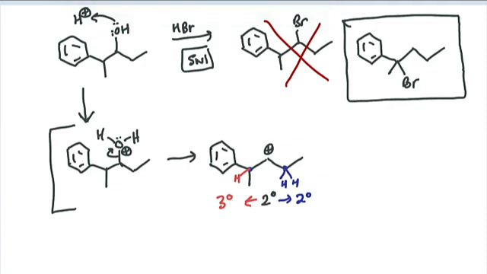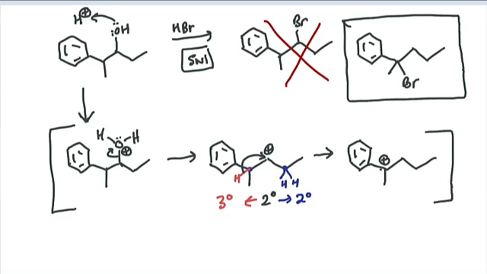And so if you can, you must do that rearrangement, all right? And so the electrons from that carbon-hydrogen bond are going to come over here. The carbon-hydrogen bond moves, and the positive charge ends up on the carbon atom that we just removed electron density from. So it's going to be this one. Okay, and so the hydrogen atoms that were there are still there, but we have this more stable carbocation as